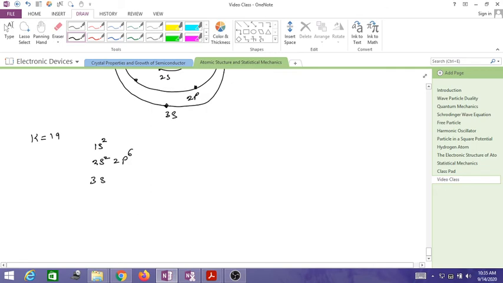Then we have 3s squared, 3p6, and now we are left with 1 electron. It's supposed to go to 3d1, but it does not go to 3d. Rather, it goes to 4s, and it takes 1 electron in the 4s orbit. The reason for that is